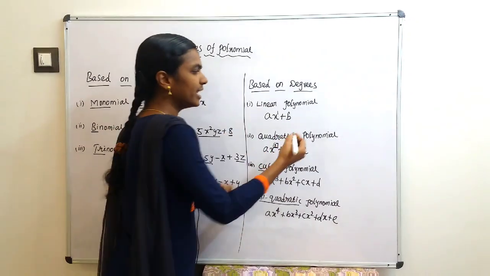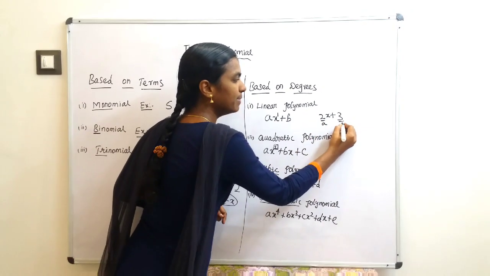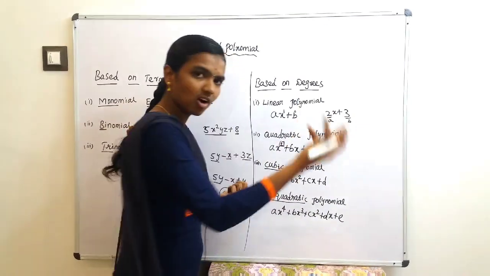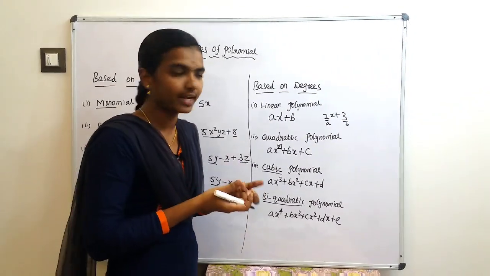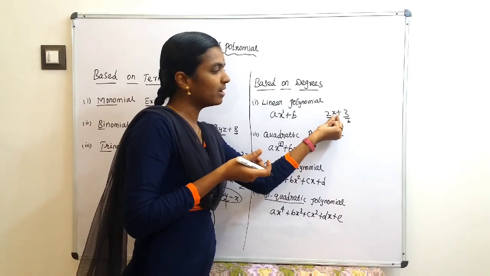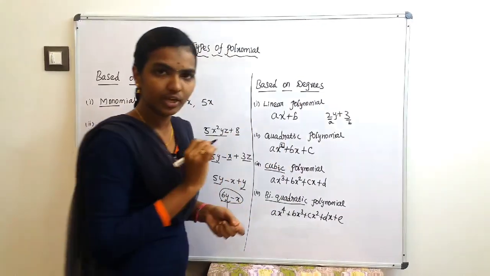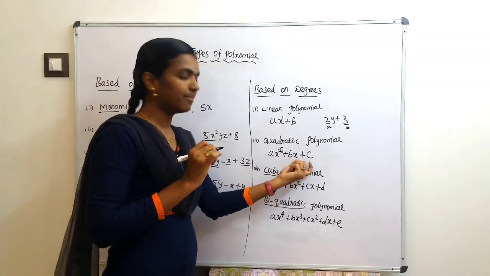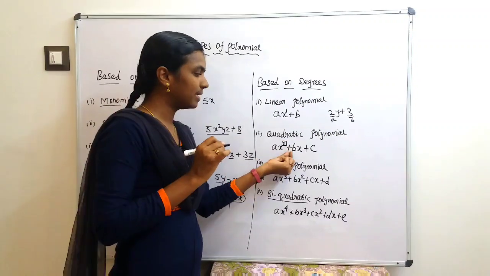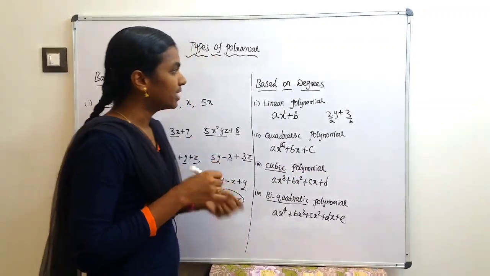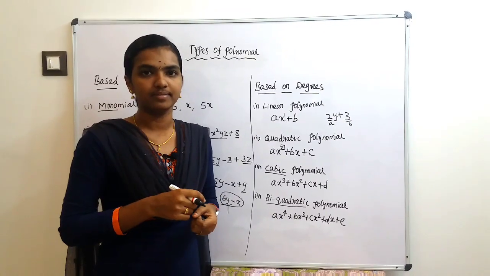For example of a linear polynomial, you can take 2x plus 3. So here a is 2 and b is 3. So a and b are constants, not only positive, any negative or fractional number you can also take. A polynomial with x, or you can take 2y plus 3. So any other variable you can take, but it should be the same variable. Coming to quadratic and cubic, you cannot take ax square plus by. Okay, understood?